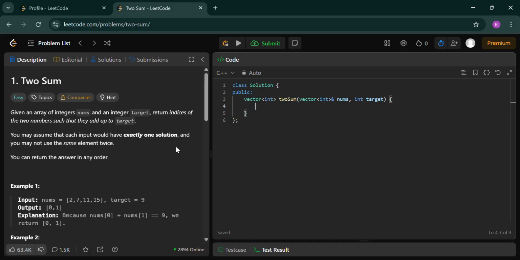Good morning everyone. Today I will solve the two sum problem. So in this question there is given an array of size n. You just have to return the indices whose sum is equal to the target. Okay. So the first approach that comes to my mind is a brute force approach, which is of big O of